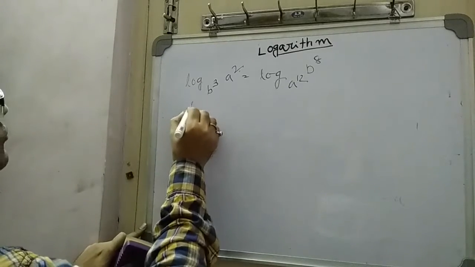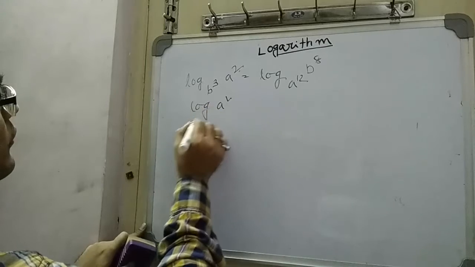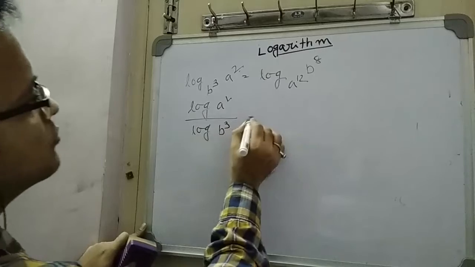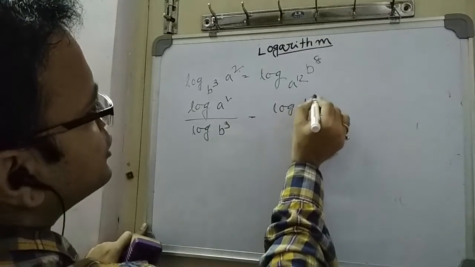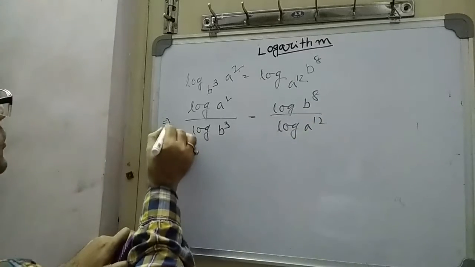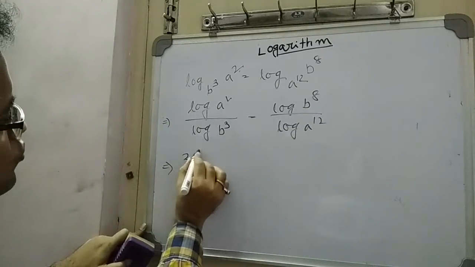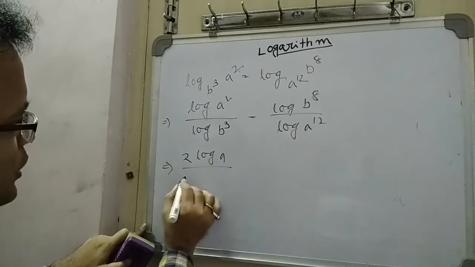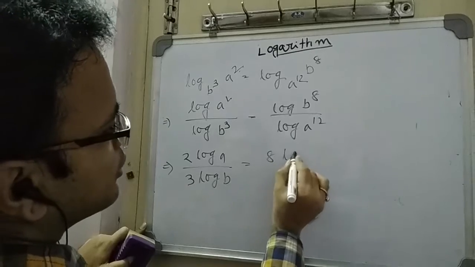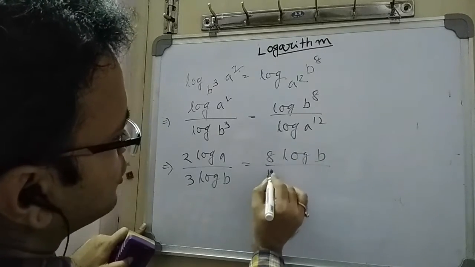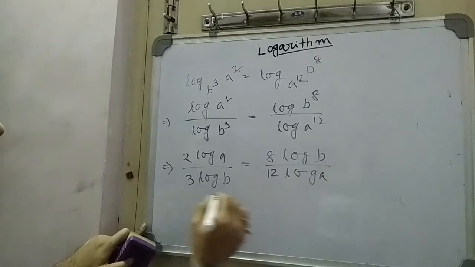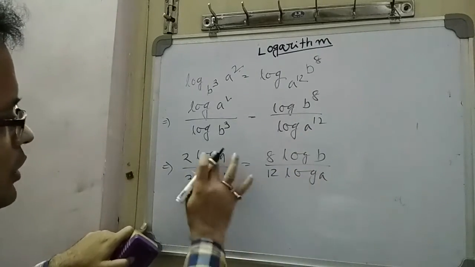So we'll just simplify. Log a square to the base b cube means log a square by log b cube. Here log b to the power 8 divided by log a to the power 12. So 2 log a by 3 log b, 8 log b by 12 log a. So you simplify, you will find 2 by 3 here, and this 2 by 3 gets cancelled, and log a becomes